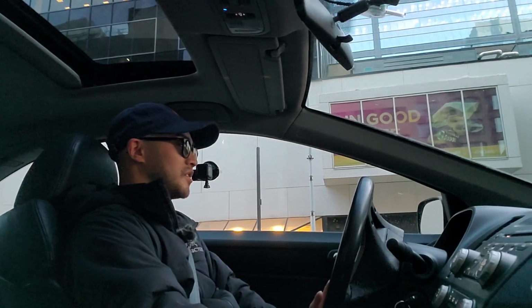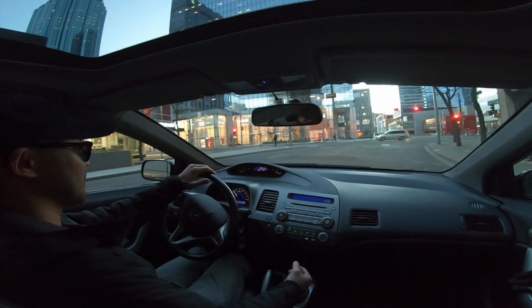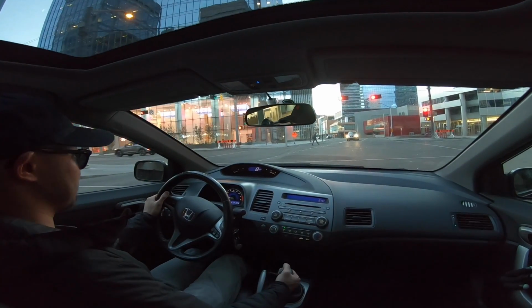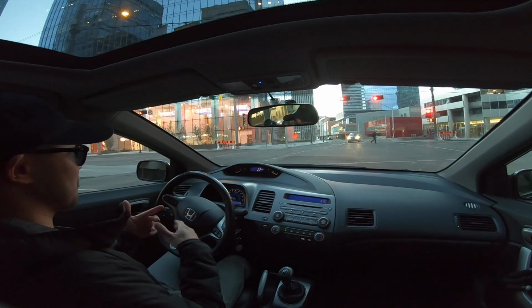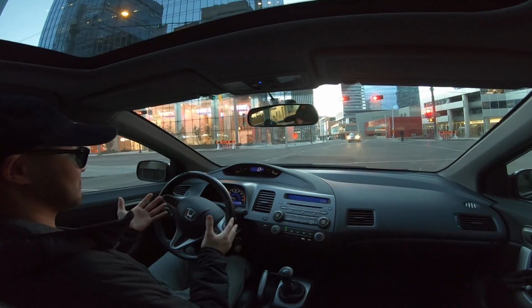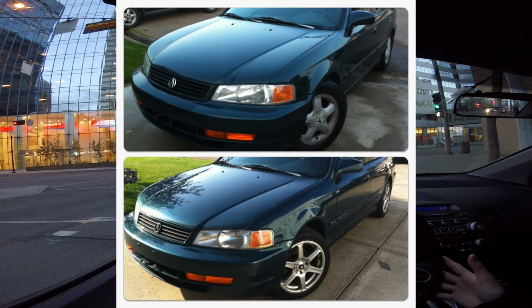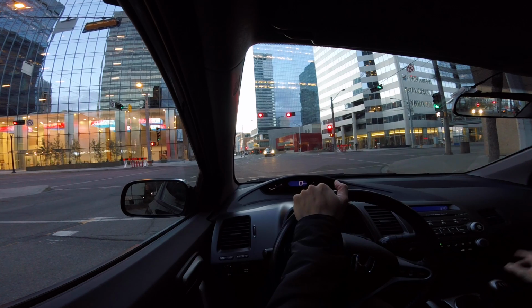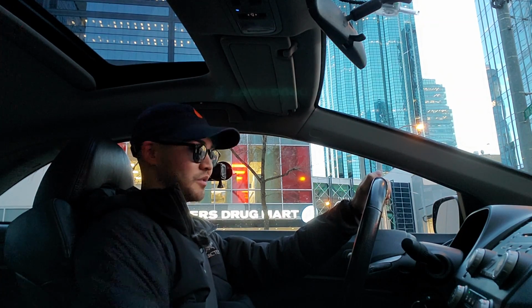So I'll talk about some of the reasons why I wanted to pick this car up. It was a pretty good deal when I was shopping around for a Honda Civic 8th generation. But just to go back and talk about my driving history, my first car was a 1998 Acura EL 1.6 liter, and I learned how to drive manual on that vehicle. A 5-speed manual gearbox, the layout is really similar to